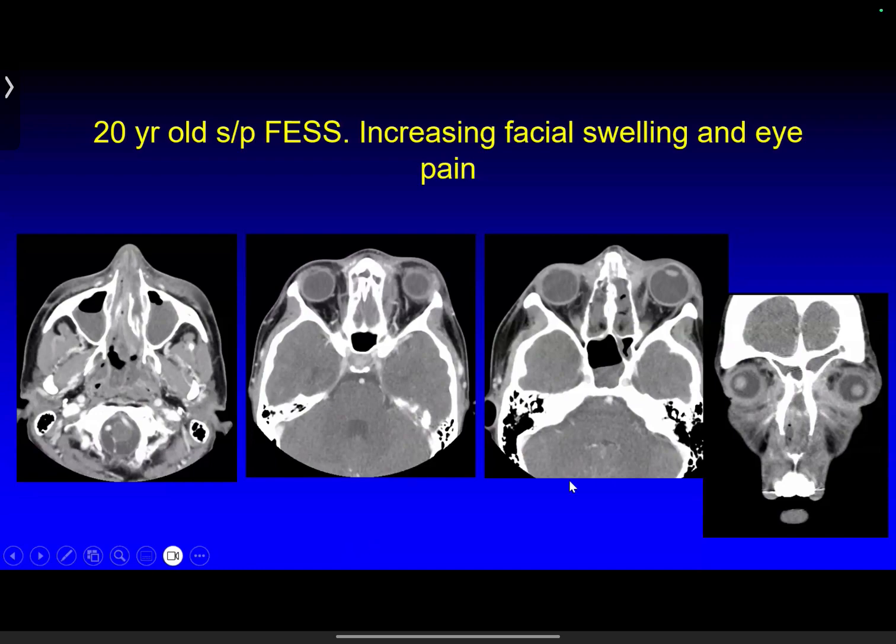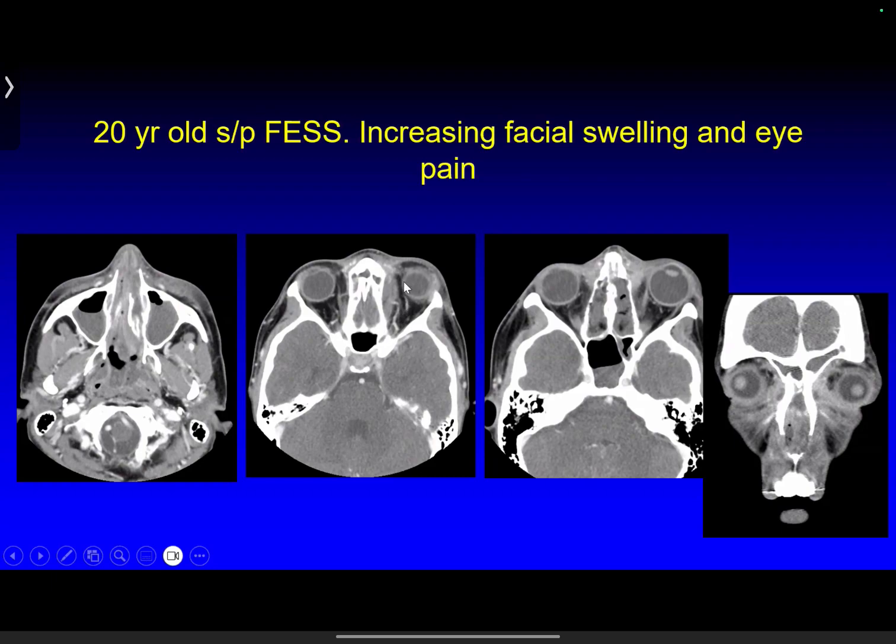On the multiple images from a CT neck with contrast, there is extensive fluid within multiple paranasal sinuses, likely related to the endoscopic sinus surgery. There was preseptal cellulitis. Here you can see diffuse infiltration of the fat along the lower eyelids. And within the left orbit, there is this lenticular enhancing soft tissue along the medial extraconal space consistent with a